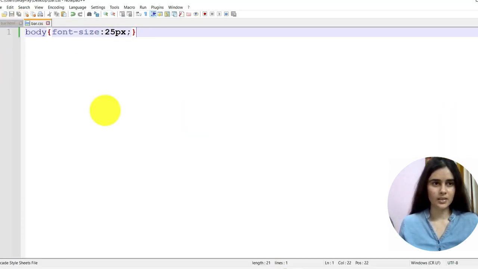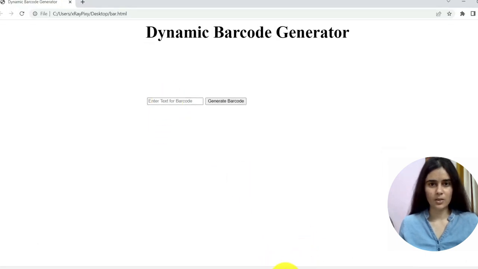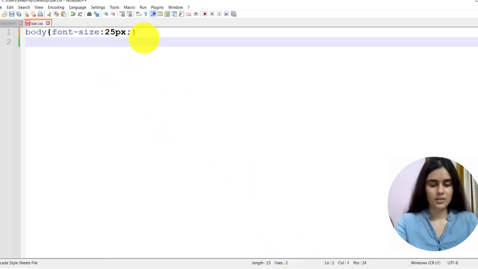Now we'll style this input box. Here it is input.